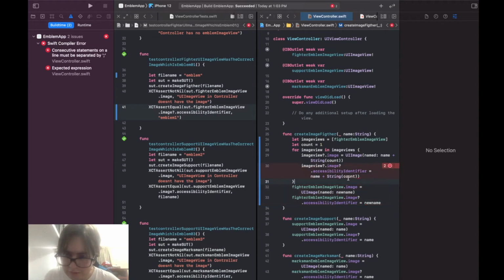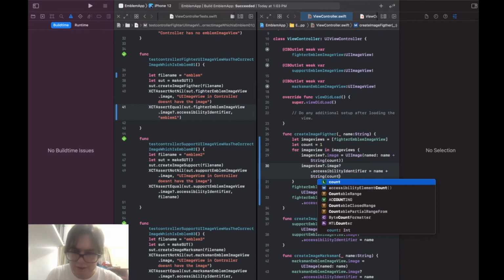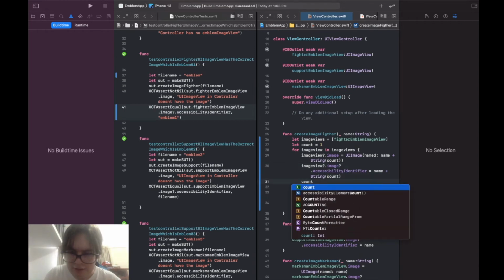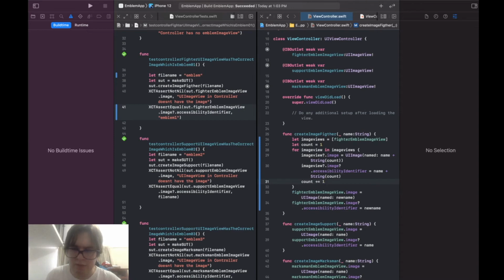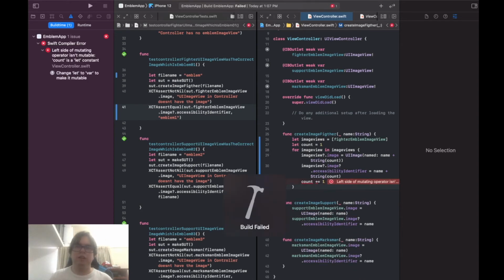Right. This is equal to the name, right? Plus string count, right? And then I'm incrementing the count. And then I'll just do it like this and Command U, and this should